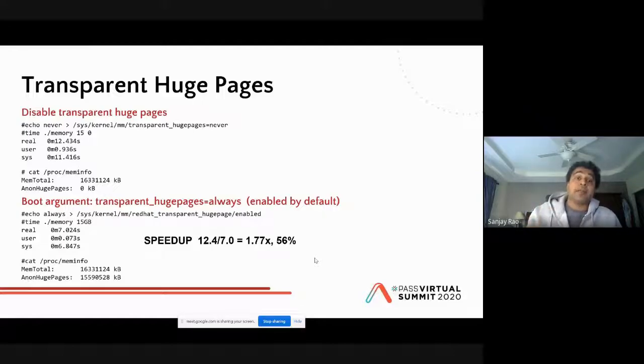TLB misses. But with kernel version 3 onwards, we implemented something called transparent huge pages, where the regular pages are coalesced into huge pages transparently behind the scenes. And Microsoft SQL Server actually takes advantage of it, so you can set it up. This example shows a small application called memory, which just allocates pages and dirties them. When we enable transparent huge pages, you can see that we get almost a 2x